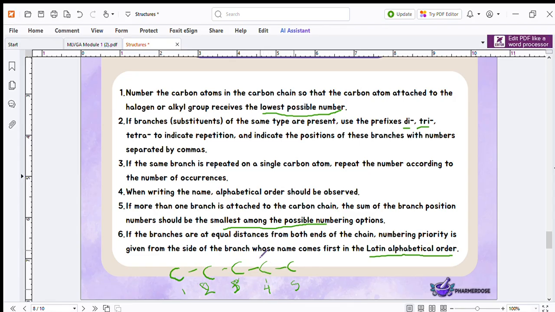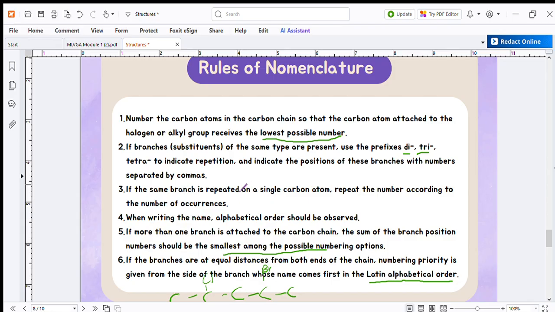So, meron tayo dito, naka-attach bromo or Br. Then, dito po meron po tayong chloro. So, ano po ang mauna sa name? Yung bromo ba or chloro? So, according to the Latin alphabetical order, yung bromo po ang mauna sa chloro. Kasi yung B precedes the C when it comes to the Latin alphabetical order. So, these are some rules na we should consider when naming the